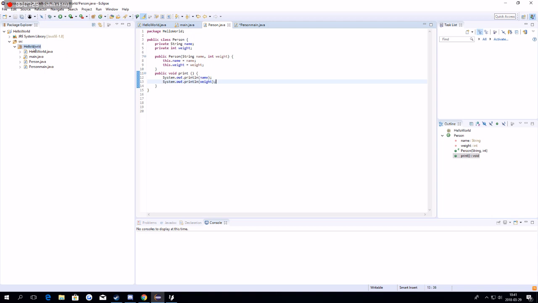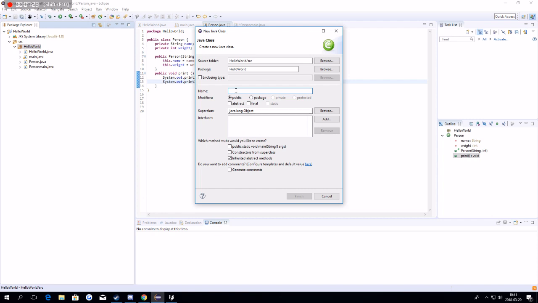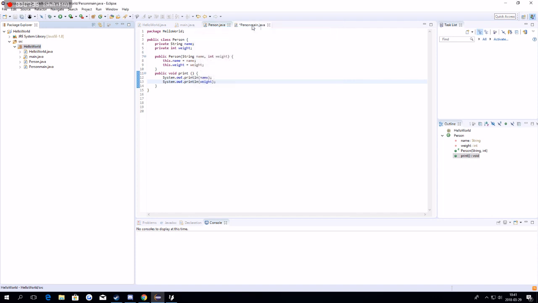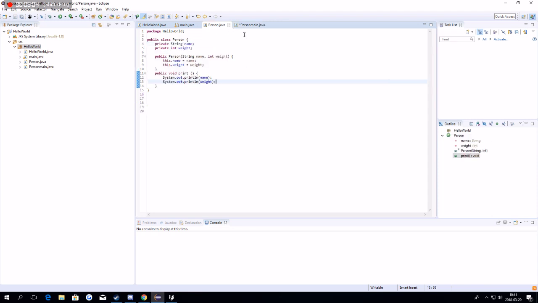Now what you're gonna do is go to Hello World Java, create a new class and call it PersonMain, and you're gonna click on this thing, public static void main string args. I already did that, so I'm gonna go ahead and close that. Boom. So here we're gonna be typing in public class PersonMain and then this thing. So now we can start. As you can see here, we already have this. If you have any other code down here, delete that now, okay? So now, because we did all of this,